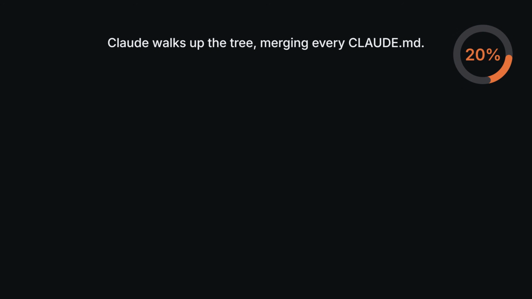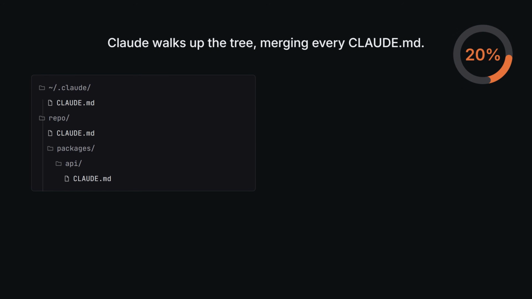When Claude Code boots, it walks up the directory tree from your current folder, finds every file along the way named Claude.md, and stitches them into the session's system prompt. The hierarchy sits at 3 levels, and the exam will absolutely test you on putting a rule in the wrong one. The user-level file lives at